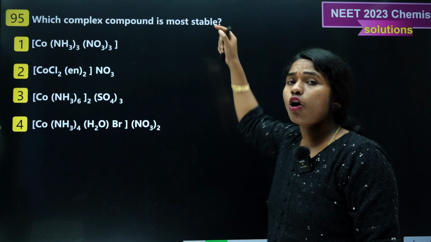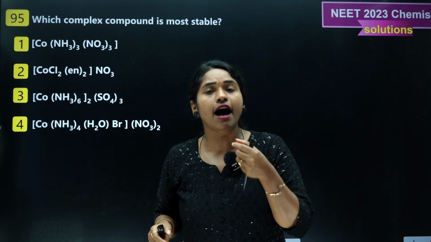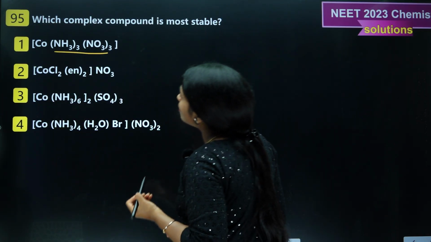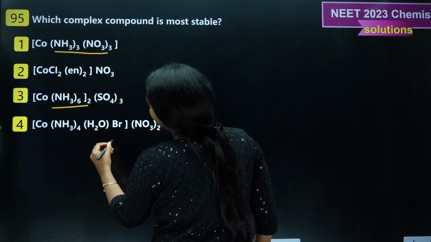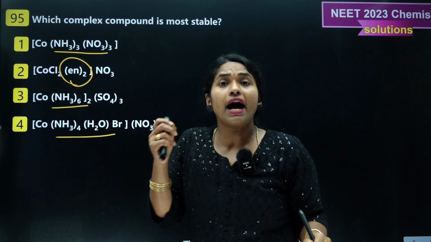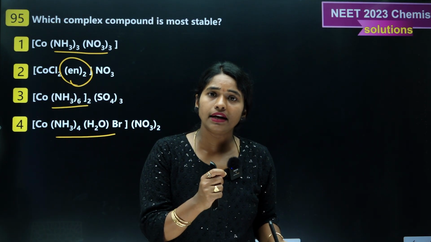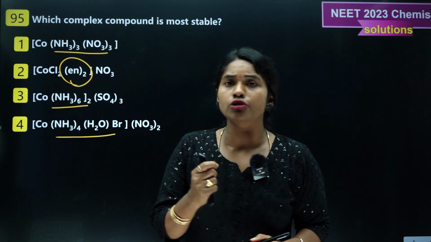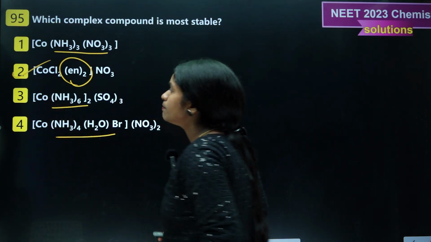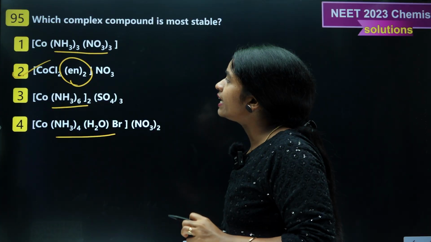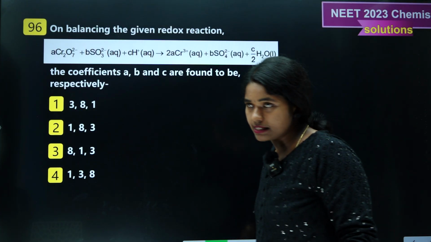Which of the following complex is more stable complex? How to identify more stable complex? You see here, all the 6 ligands are monodentate. Here also monodentate. Here also monodentate. But in this case, option number 2, bidentate ligands are present. Wherever bidentate ligands are there, when compared to the monodentate ligands, they are more stable. So option 2 is more stable because of bidentates. They form the chelate rings. Due to chelation, option 2 is the correct answer.